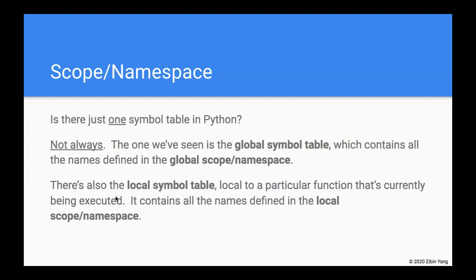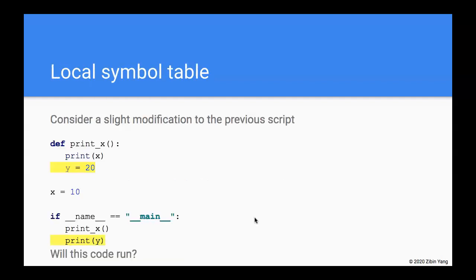Now there is also a local symbol table. It's a symbol table that is local to a particular function that is currently being executed, and it contains all the names that are defined in the local scope of the function. So let's see how that works. Let's keep the same